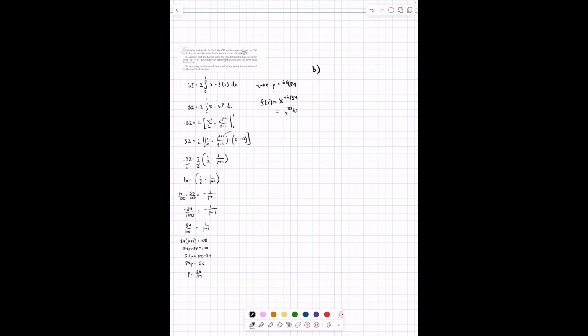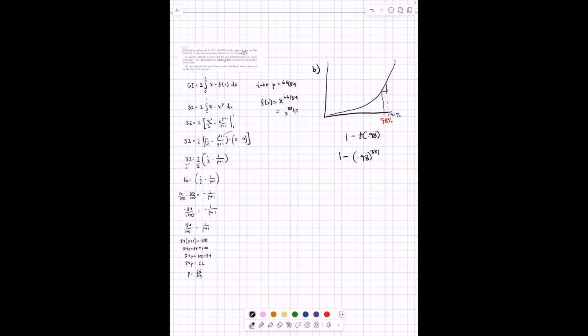Part B asks, according to this model, how much of the family income is earned by the top 2% of families? So we can imagine this to be the Lorenz curve. We have something like this, where this is 98% of the families. We need to figure out this difference from 98 to 100% of the families. So we need to figure out 0.98 and then subtract it from 1. So it's just 1 minus